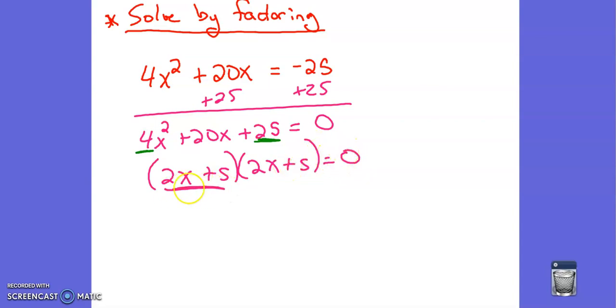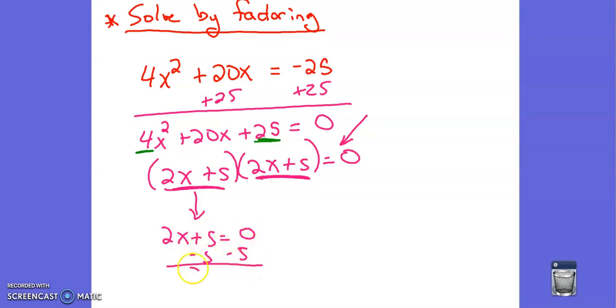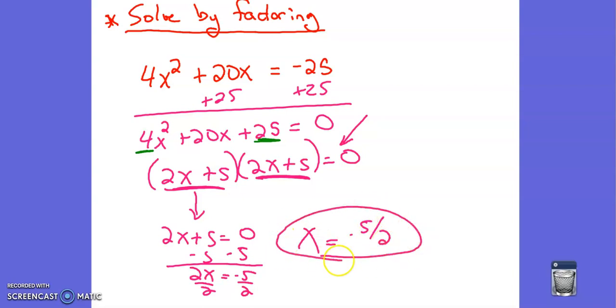And again, two things multiplied together equals 0. That means one of these has to equal 0. And because they're identical to each other, we're just going to solve one. So x equals negative 5/2 is the only answer that will make it equal 0. Or again, if you plug it into the original problem, it's the only answer that will make it equal